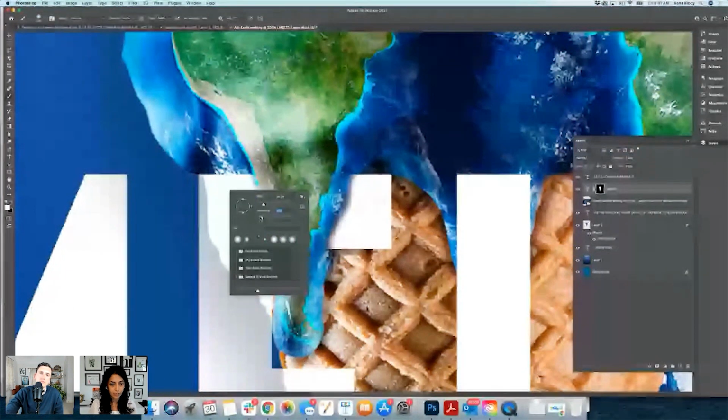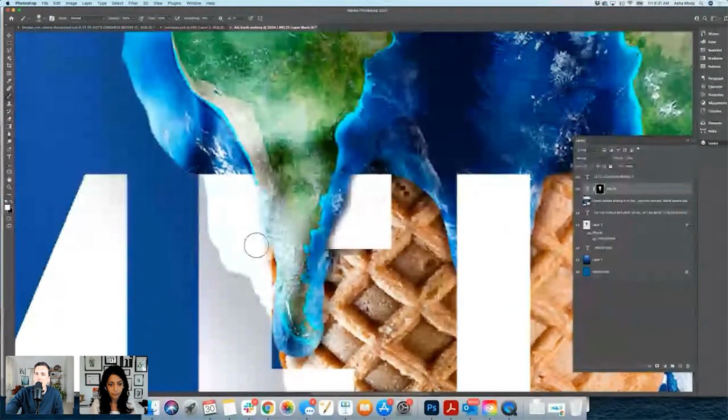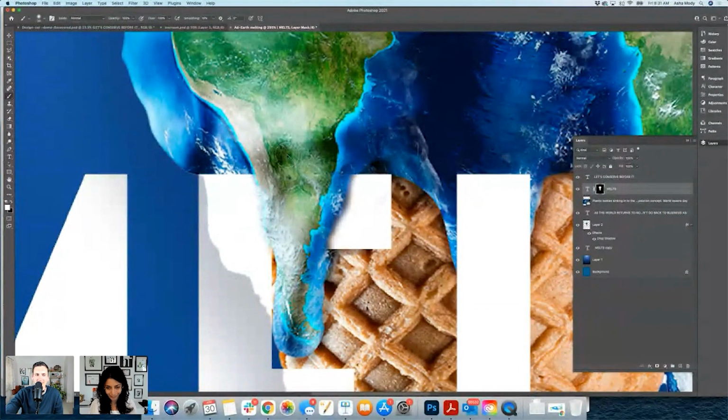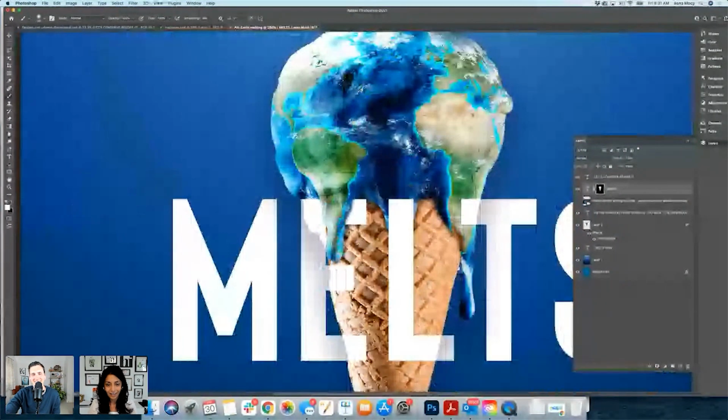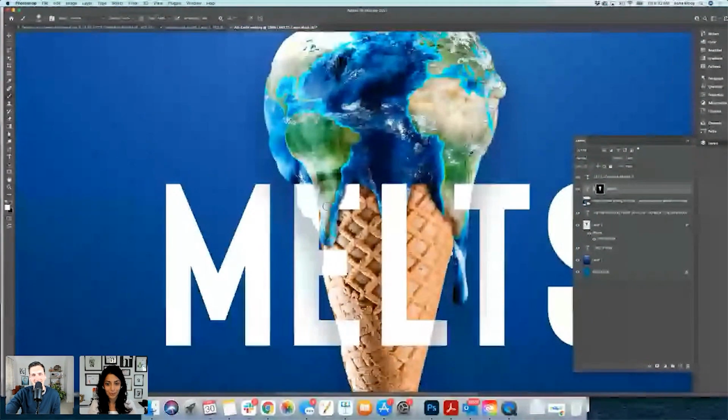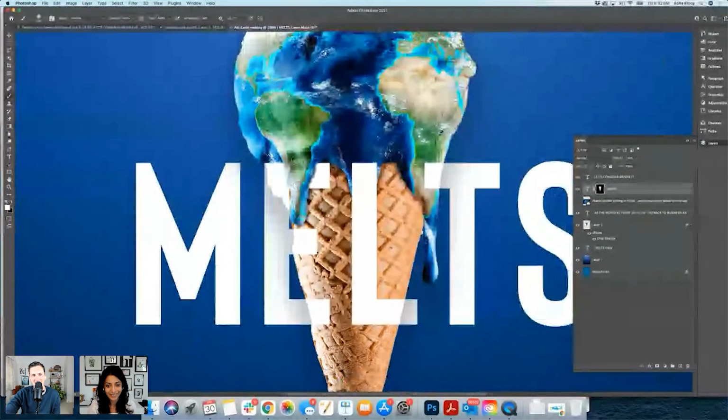Go ahead, Tom, you were saying something? Yeah, I was just going to say, is it wrong that Earth looks delicious here? I kind of want to try this ice cream. Yeah, you can try the ice cream, but preserve your Earth so you can eat more ice cream. And it depends on your choice of design, how much portion you want.